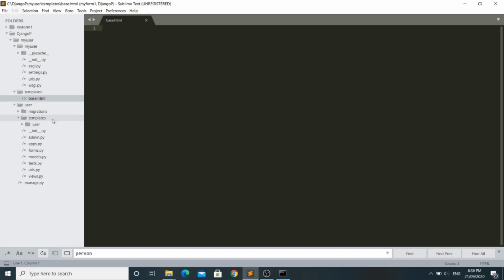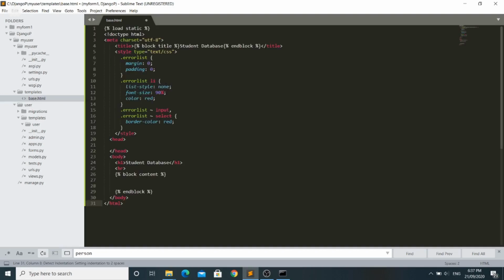I'll be creating HTML templates in this folder, so it will be easier for Django to find these templates. And now let's define our base.html. I have written some normal HTML code for my base.html file, and then I have written this block over here, which means if we render the base.html template in any other template, then the code of that template will get pasted here and then will be executed.